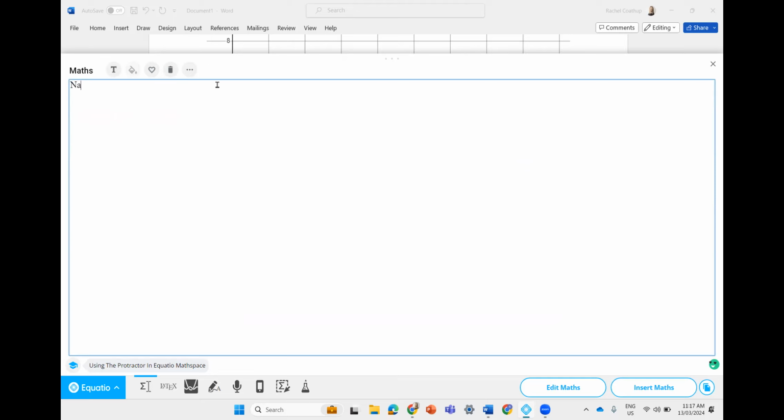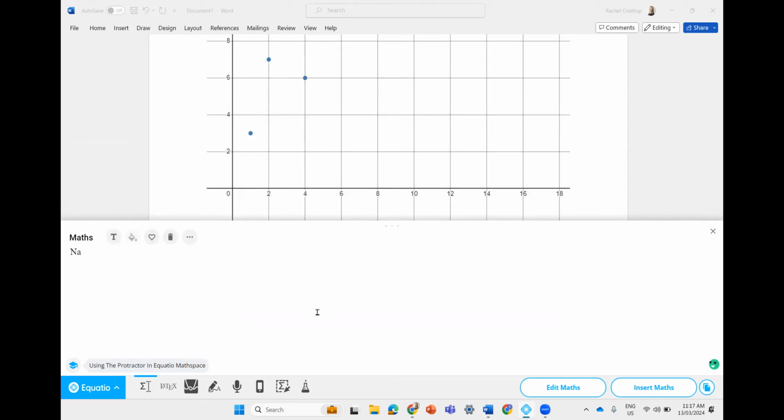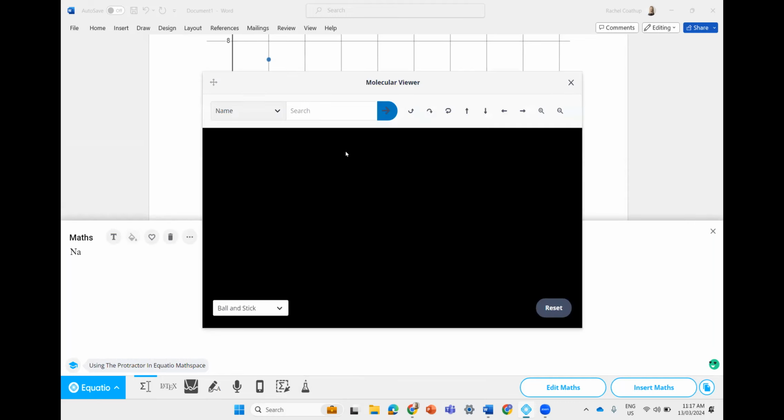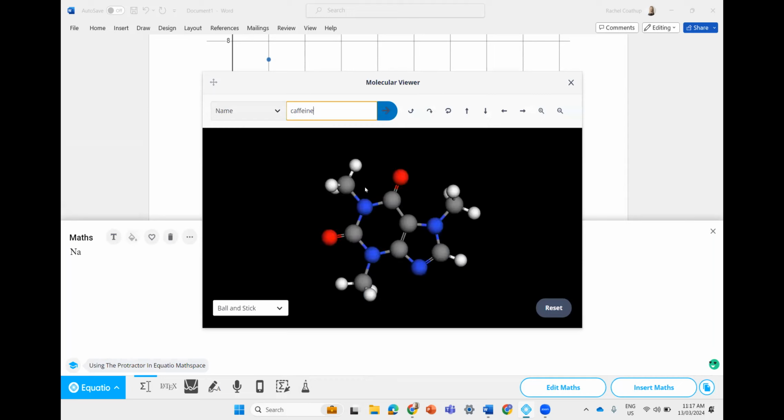So I might just want to go back and delete that from there as well. The other thing that you've also got access to is our molecular viewer. So this will allow you to search for any molecules. So as an example, if I was to search for caffeine, this will then give me that ability to actually